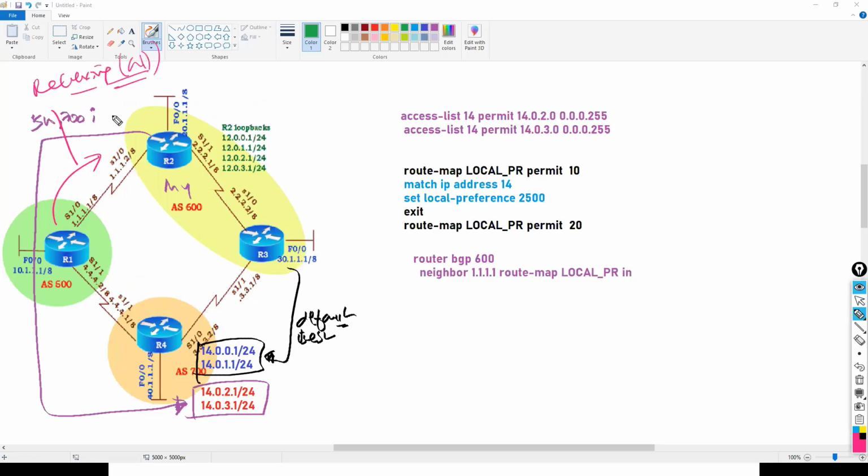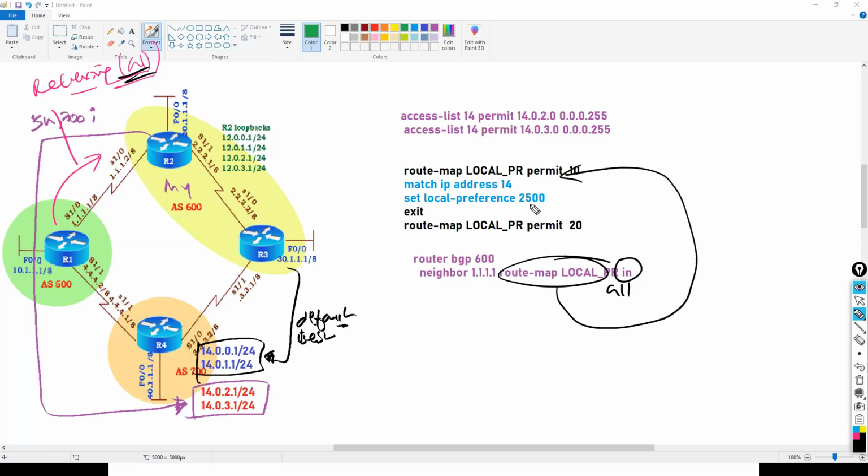Out of all the routes I'm receiving, I want to check the route map, and this route map is going to tell that if the routes belong to these two subnets,